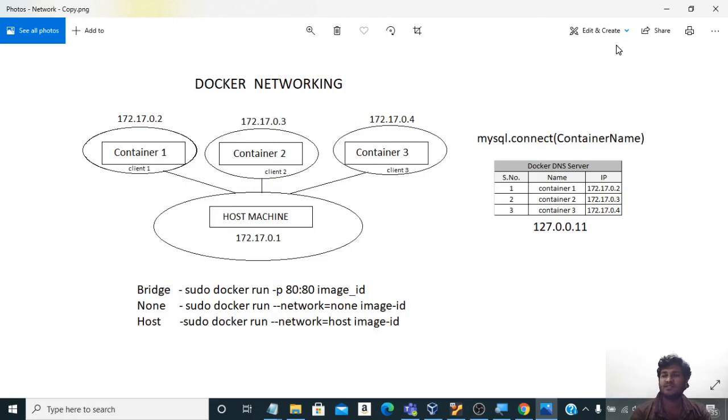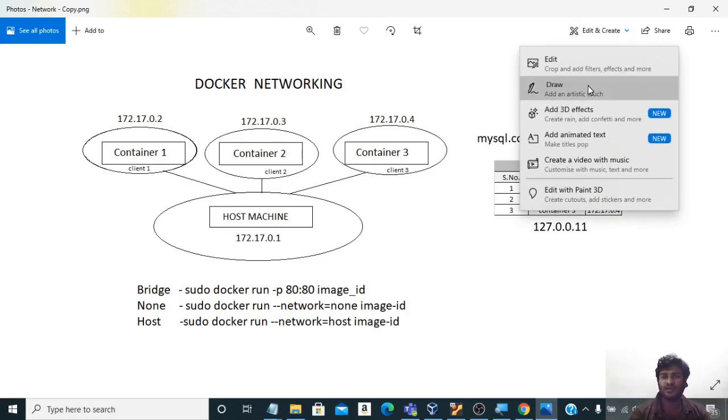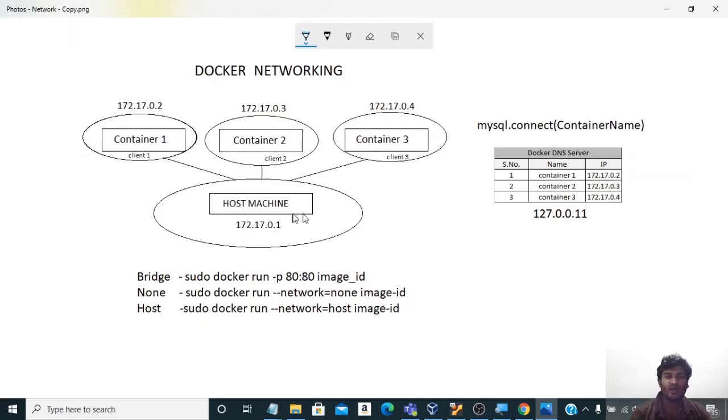So friends, let us now understand a few things about Docker networking. In our case, our host machine is the Linux machine, right? And in this Linux machine, we have Docker installed, and here we are running the containers. So we have an image, whose name is my Apache, right? My Apache is the image name, and using this image, we have been creating containers.